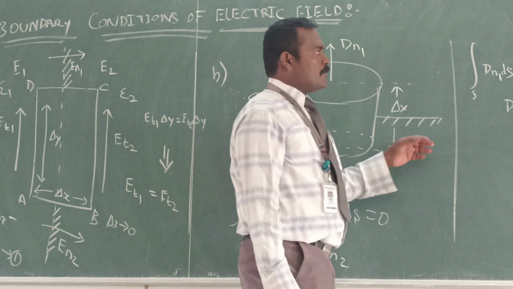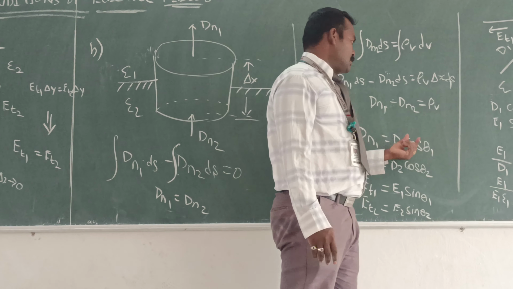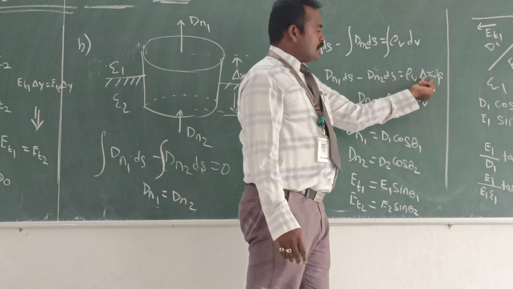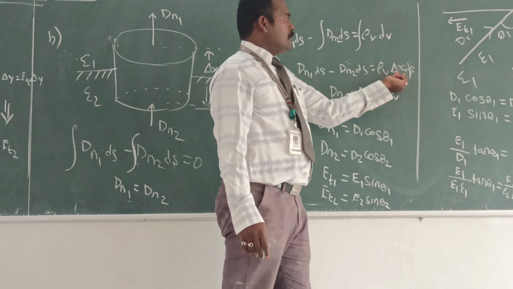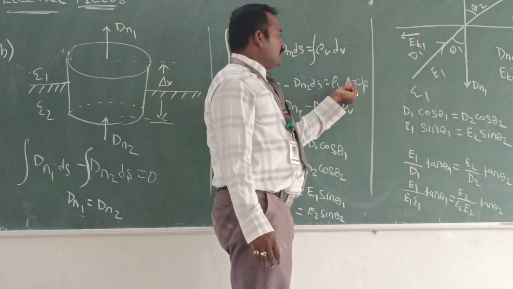In terms of volume charge density, we express it like that: Dn1 minus Dn2 over the total volume. If you consider the total volume, we need to add one thing: if you consider dV, it should be